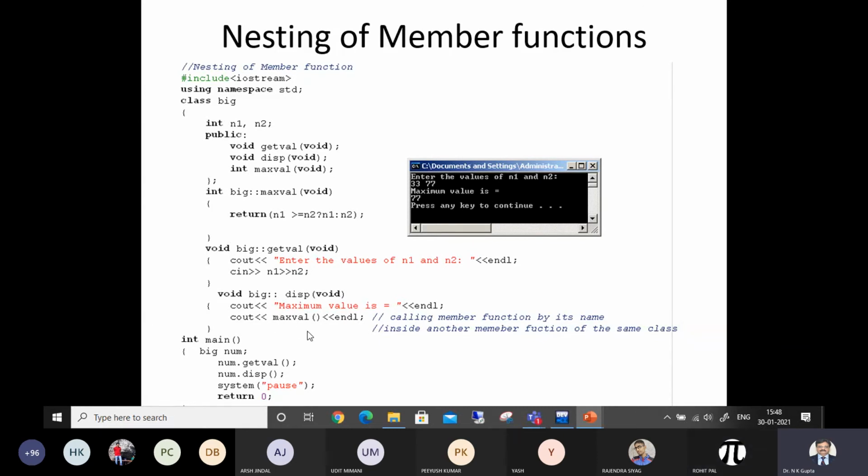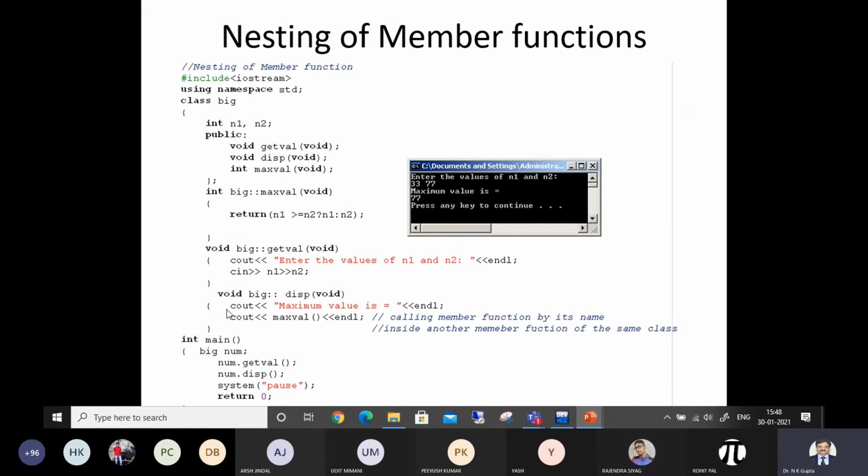In which member function am I calling this Maxwell? Display. Disp is a member function and Maxwell is also a member function. So inside this disp, I am calling this. So am I writing something like the name of the object dot Maxwell? No, sir. That is because it knows that it is of my class.